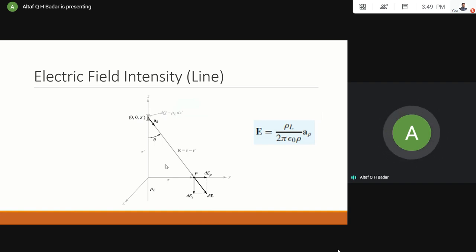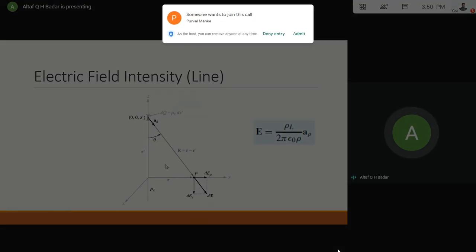Now, let us first see how we proceed with it. We proceed by assuming that the line charge distribution is uniform. The line is infinite from negative Z to positive Z. We also assume that the line is placed on the Z-axis. It may be on any other axis, or it may be a combination of these axes also. So we are not sure about it, but we start with this derivation. Then we take a very small space on the line and find the electric field intensity because of that.